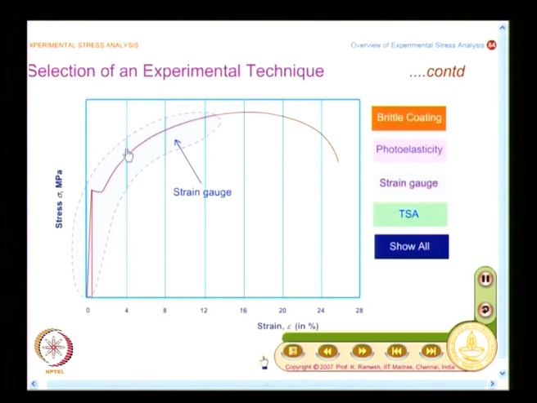So, you can also understand why we say strain gauge is a versatile technique. It has a longer range. I can go from elastic to plastic comfortably,